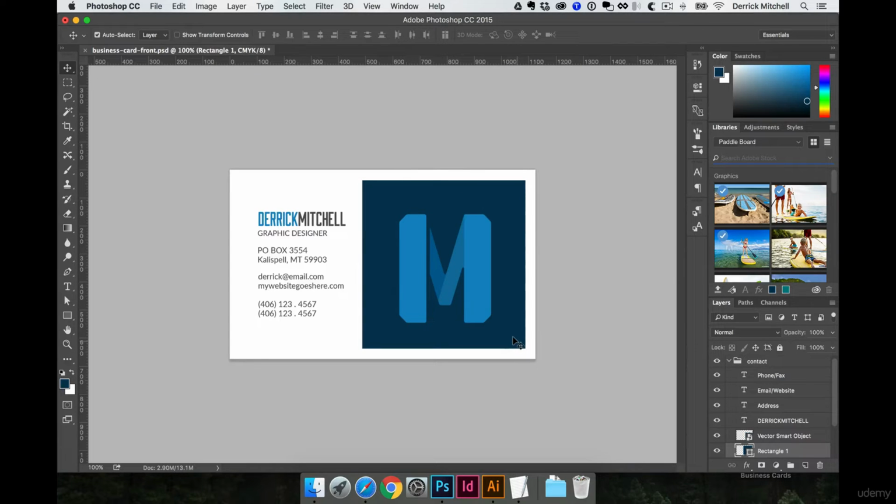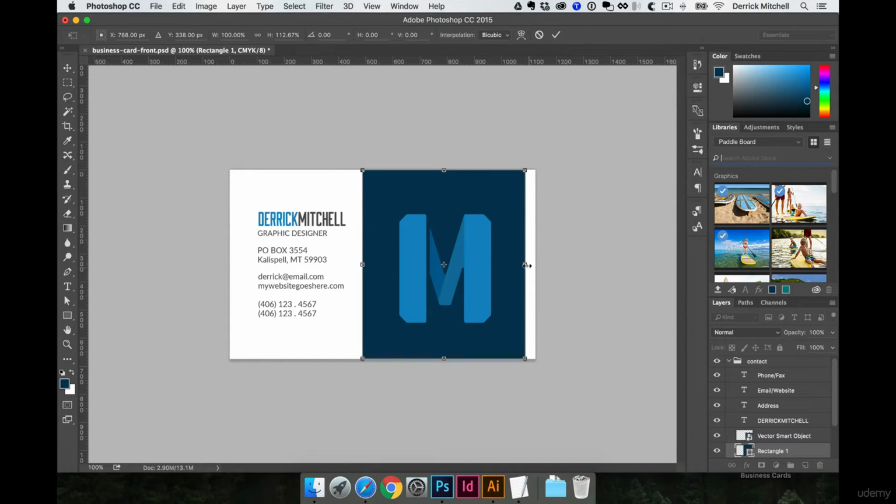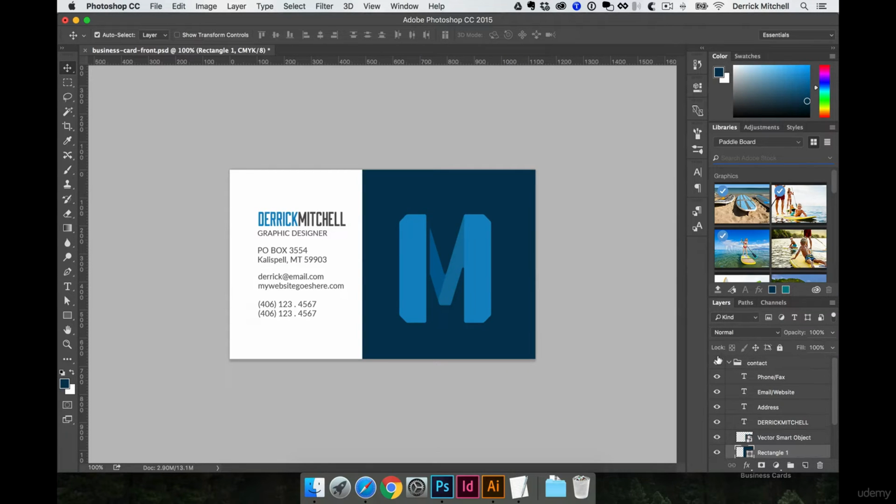That's actually going to get trimmed off, but what we'd want to do now that we have the square is scale it up to the height, and now I don't want to do left and right here. I just want to scale this to the right so it goes beyond that bleed. And sometimes it's hard to see what it looks like with the bleed, so what I do,